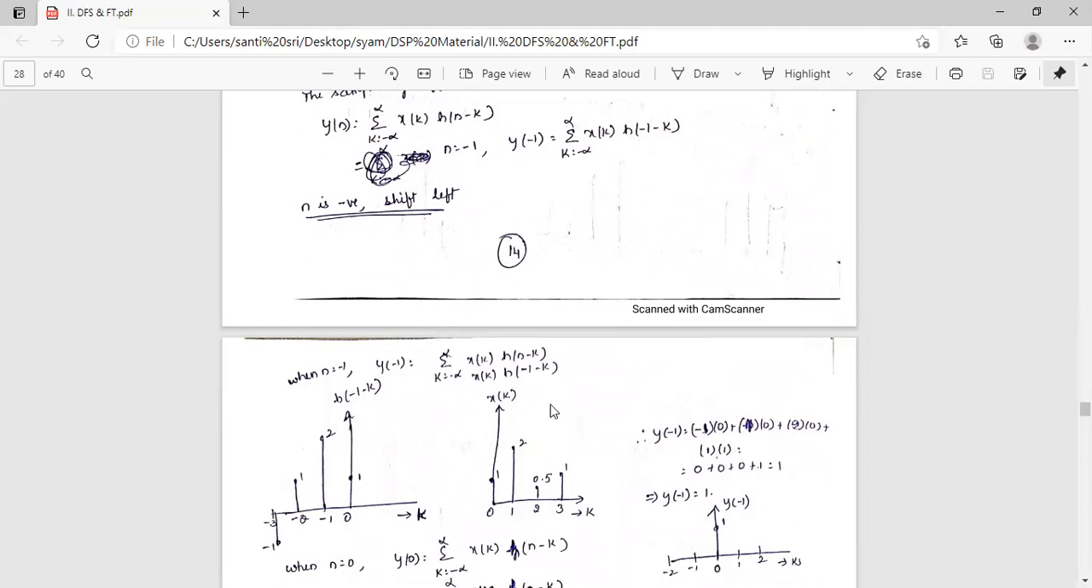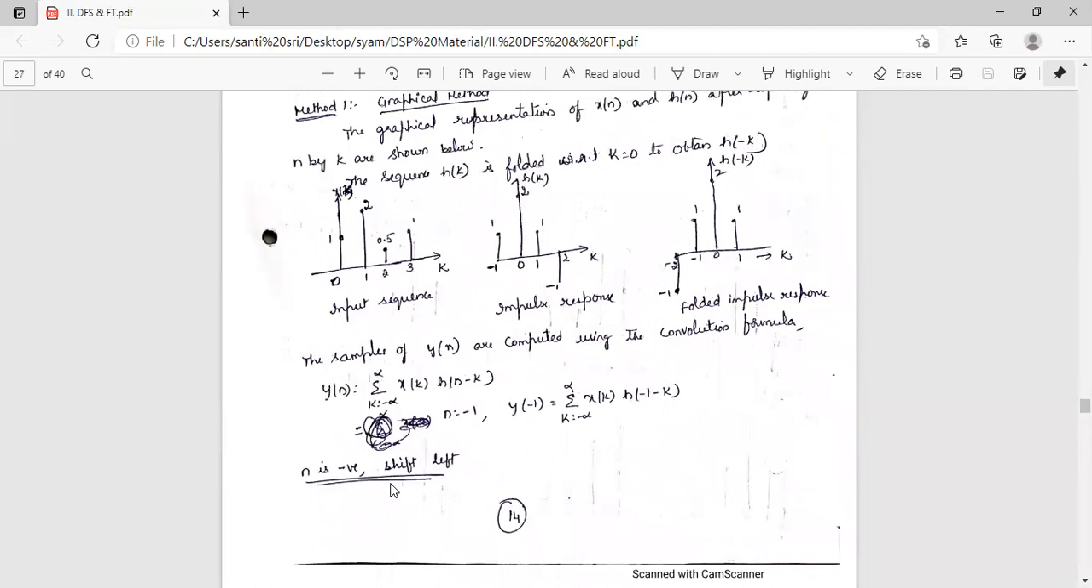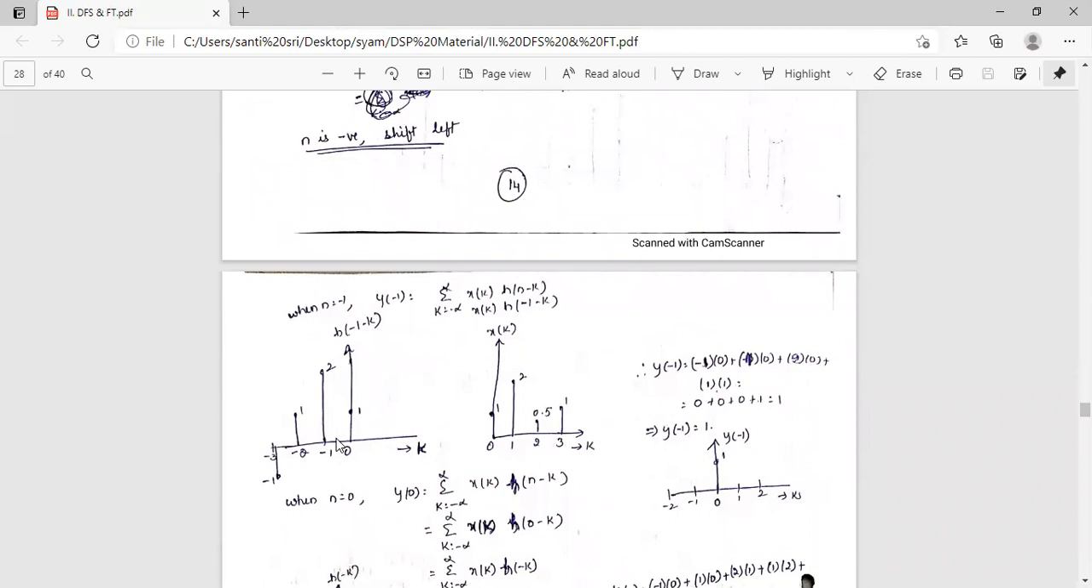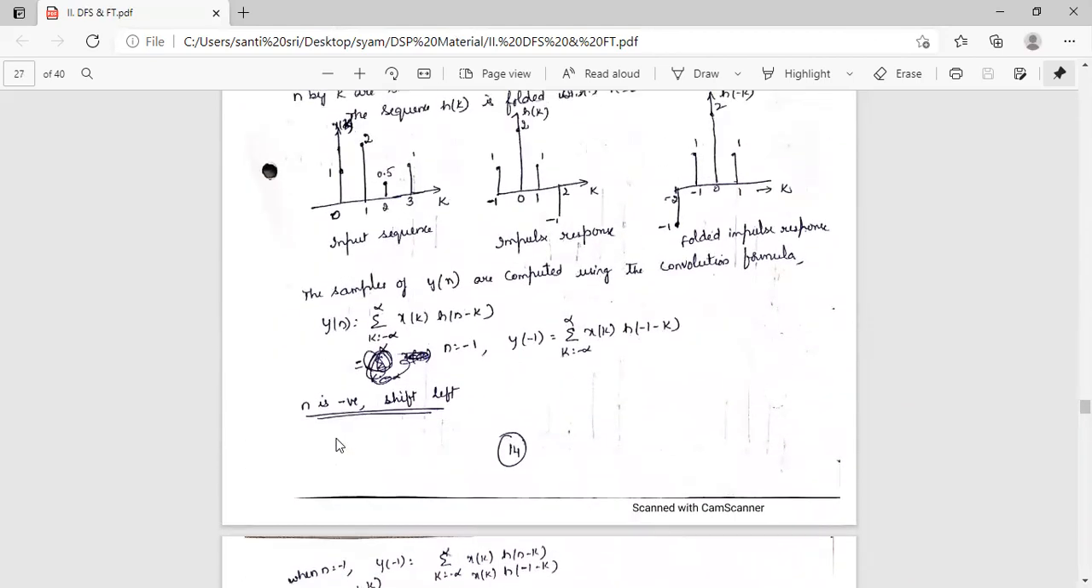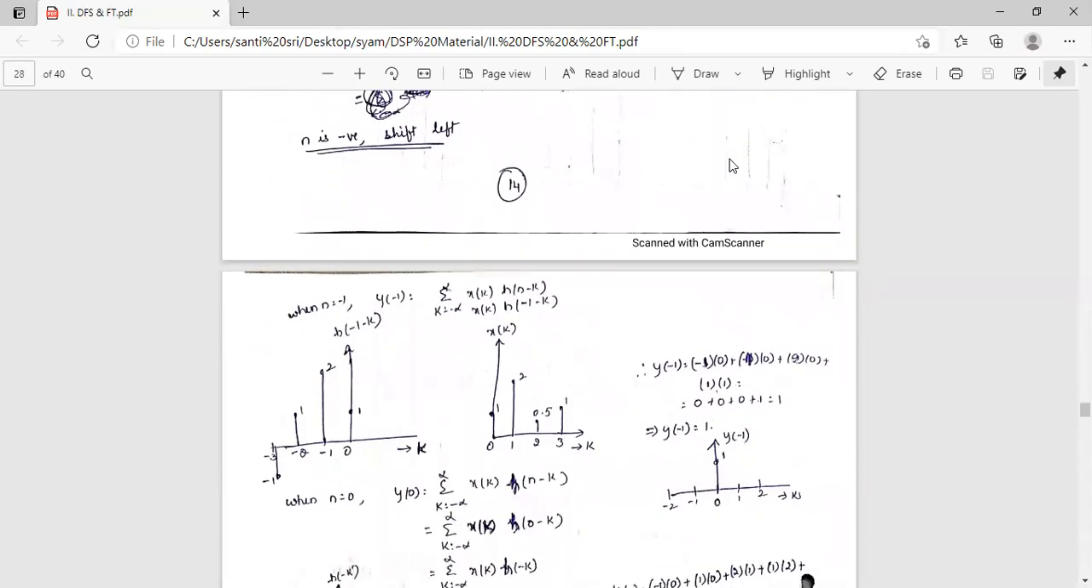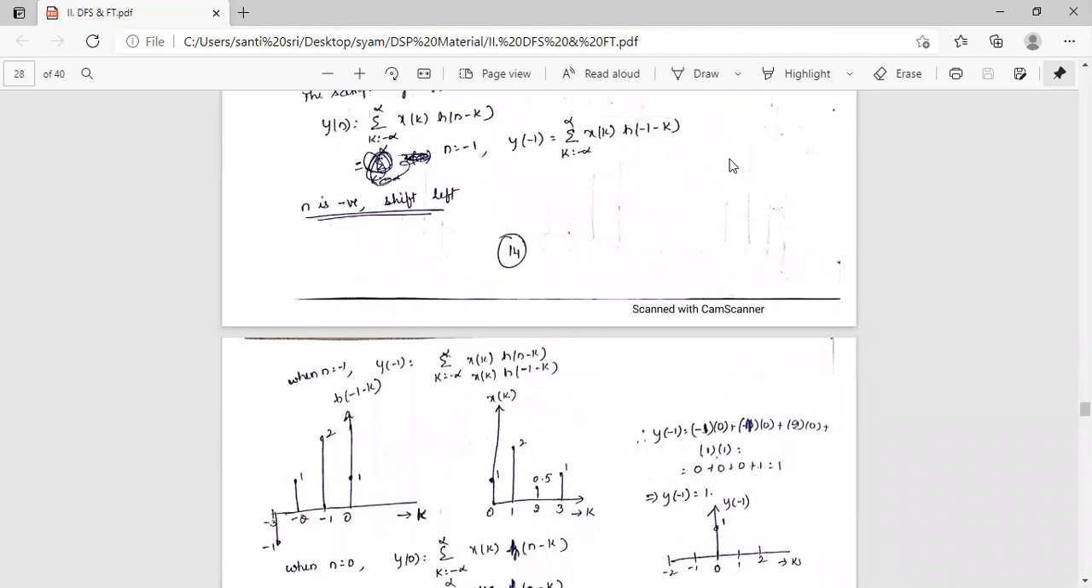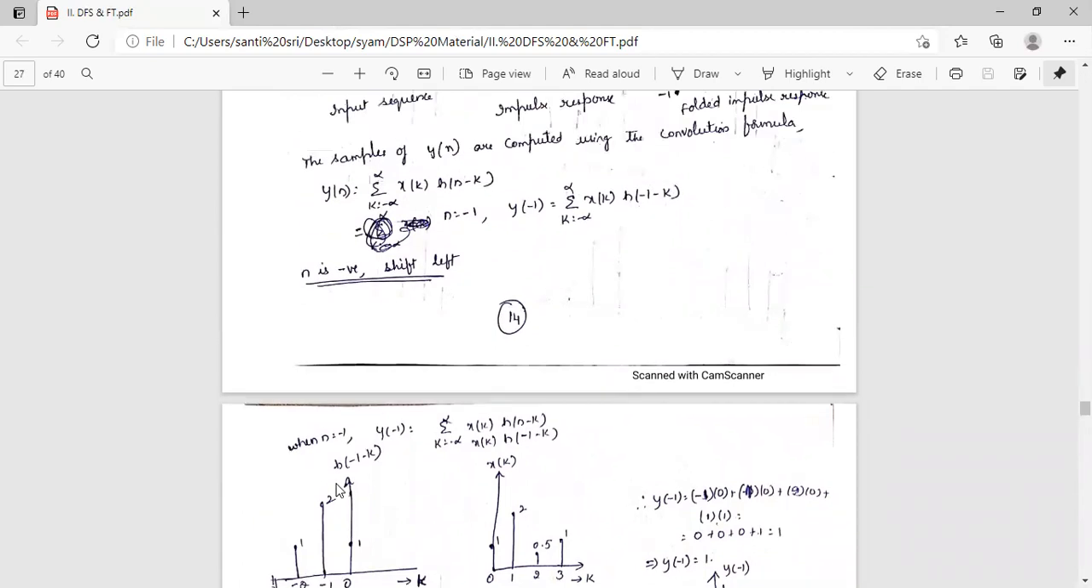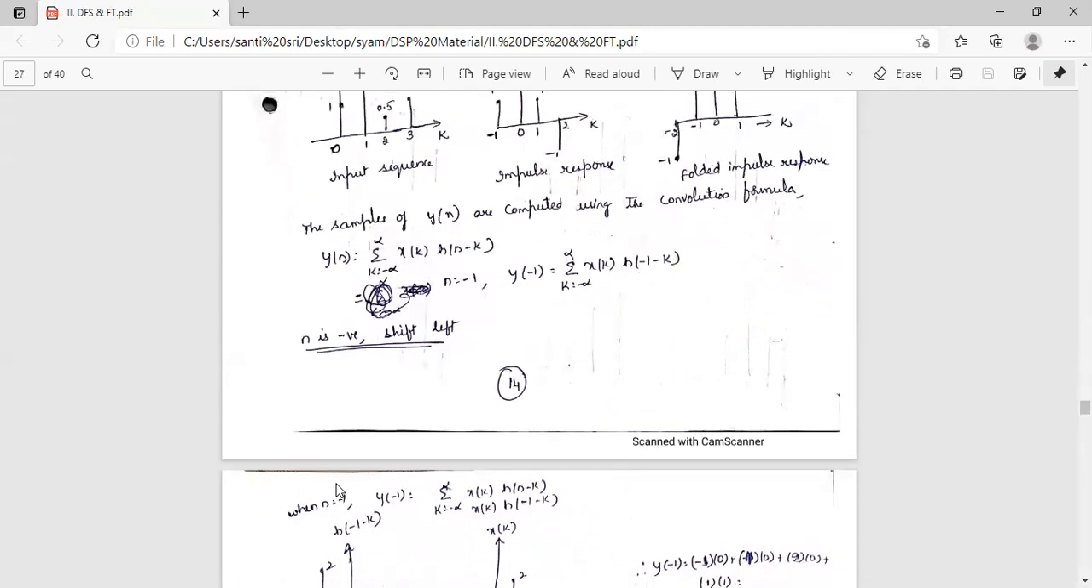Okay, so x of k is this one, h of minus 1 minus k is this one. The h of minus k value is already there. So minus 1 minus k is represented like this. And by the straightforward method, minus 1 minus k equal to minus 2, then minus k equal to minus 1, or k equal to 1. At 1 its value is shown. Right, like this we can find out the